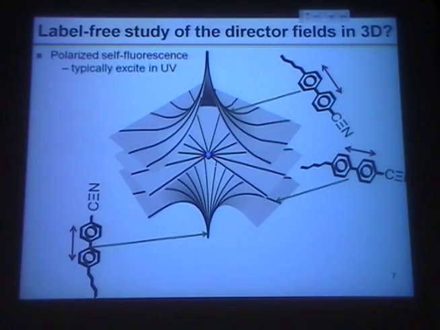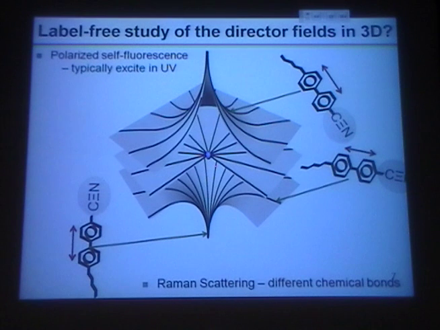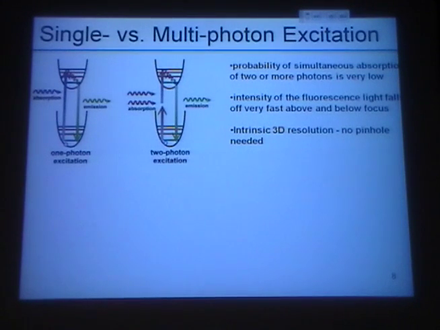So we can use a number of different approaches. Multiphoton fluorescence, or simply fluorescence imaging, that involves the liquid crystal molecules themselves instead of dyes, or we could use chemical bonds like CN chemical bonds. And as we look at more complicated molecules than this simple 5CB, we'll find even more useful different chemical bonds to probe the orientational structures of director fields in liquid crystals. And so before we proceed with that, I just want to remind you about multiphoton excitation